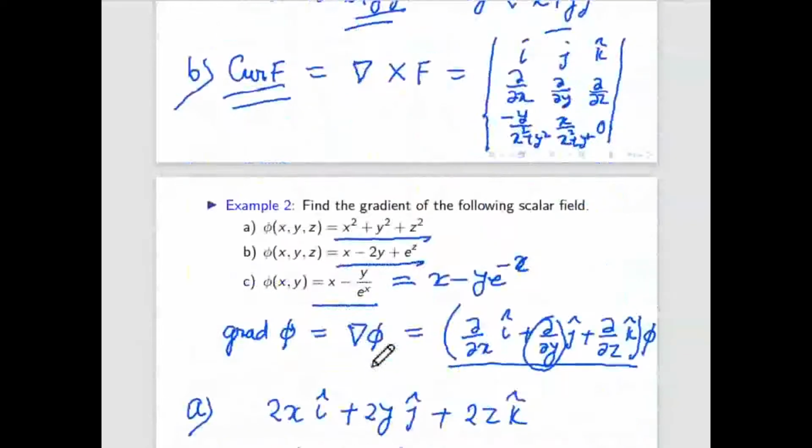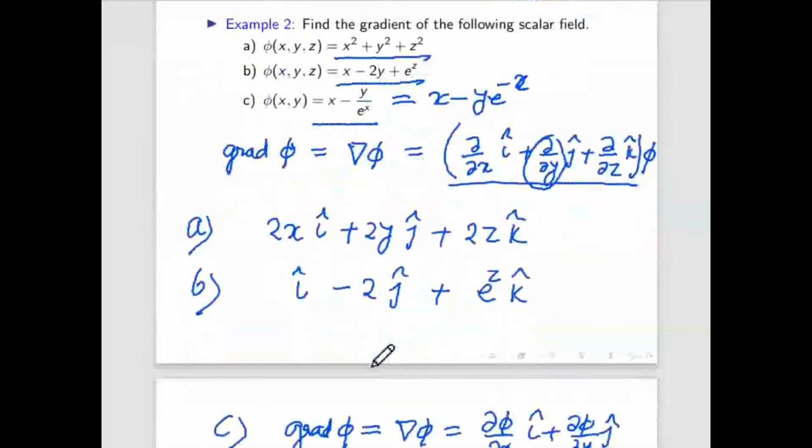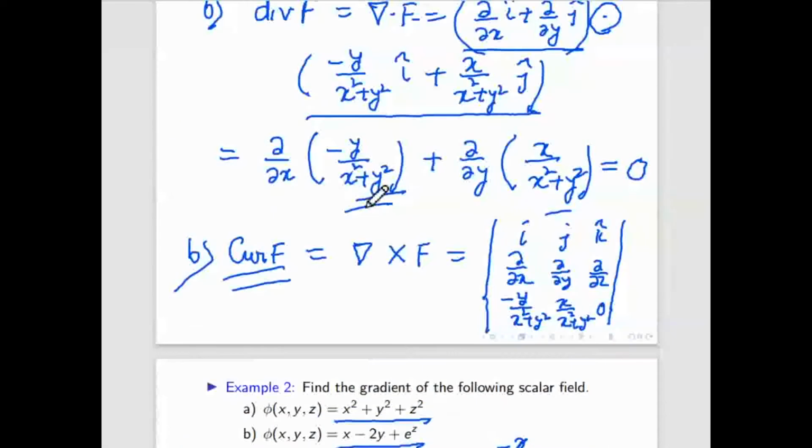Sir, why is part B 0, sir? I can't understand that. This one. Yes, sir. So how to differentiate this with respect to x? What is the derivative of this? Can we take y as square? y is a constant, so you no need to differentiate, minus y will come out, then you have to differentiate 1 by x square plus y square with respect to x. Similarly here also this x will come out, you have to differentiate 1 by x square plus y square with respect to y. Then do the sum, both will come the same quantity, it will come 0. You can check. Okay, sir.